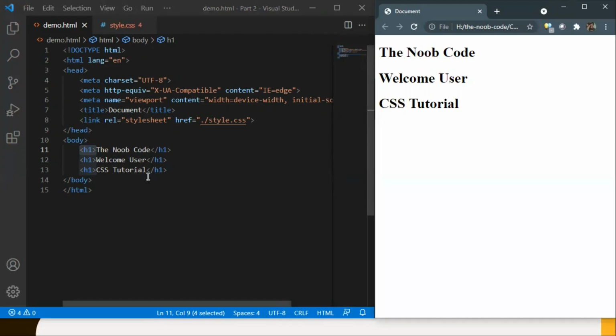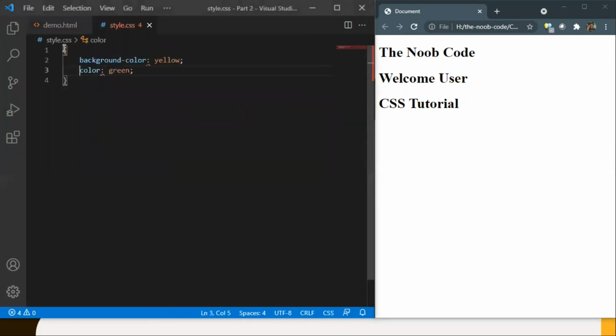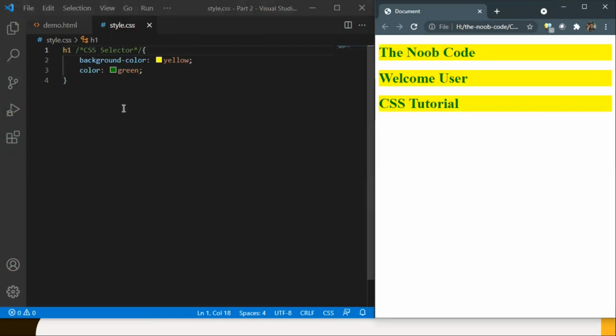It just knows that there is a bunch of key value pairs. So we have to mention the element here for the browser to know where to apply the styles. In our case, it is the h1 element. So let's mention h1 before the curly brace. Let's save it and refresh the browser, and we have our styles applied.